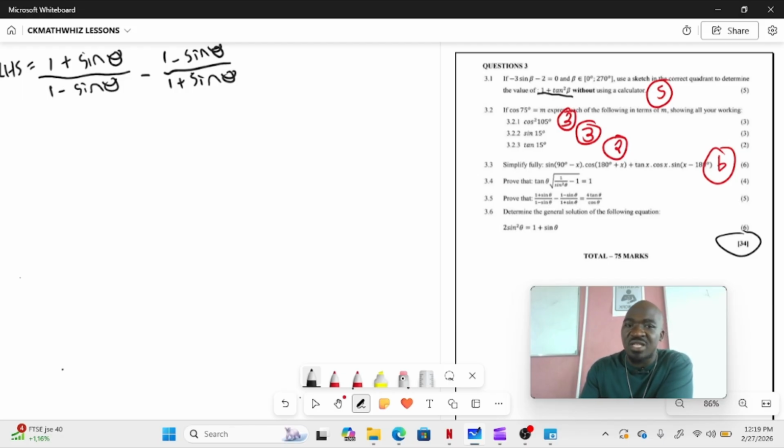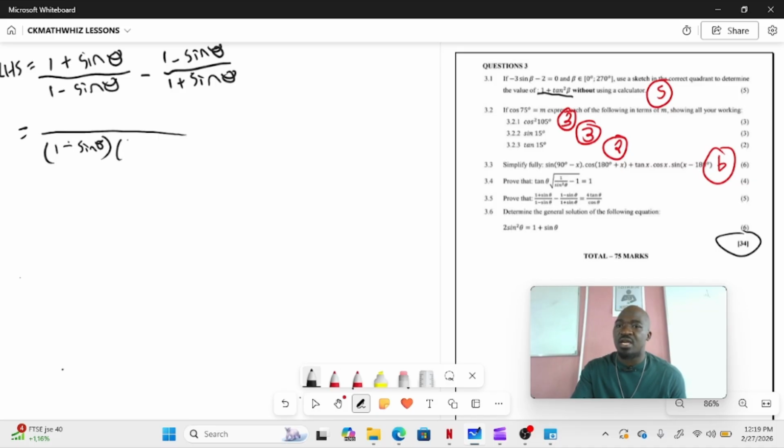So we need to prove that this is equal to 4 tan theta over cos theta. Now you can see these are two fractions. We're subtracting two fractions, so we need to use a common denominator. The common denominator can be 1 minus sine theta and 1 plus sine theta. Then this divided by that can be 1 plus sine theta and 1 plus sine theta. You know how to subtract